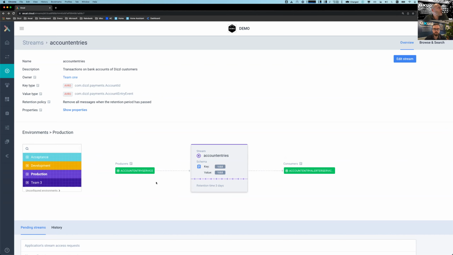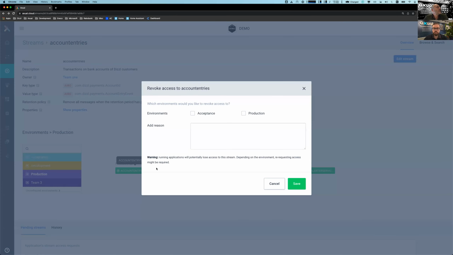Now let me show you a little bit of the interaction on how it works with getting access to a particular topic. Here you see one application, the account entry service, which would be producing the account entries on this topic. What I can do as the topic owner, the data owner, is to remove this authorization.